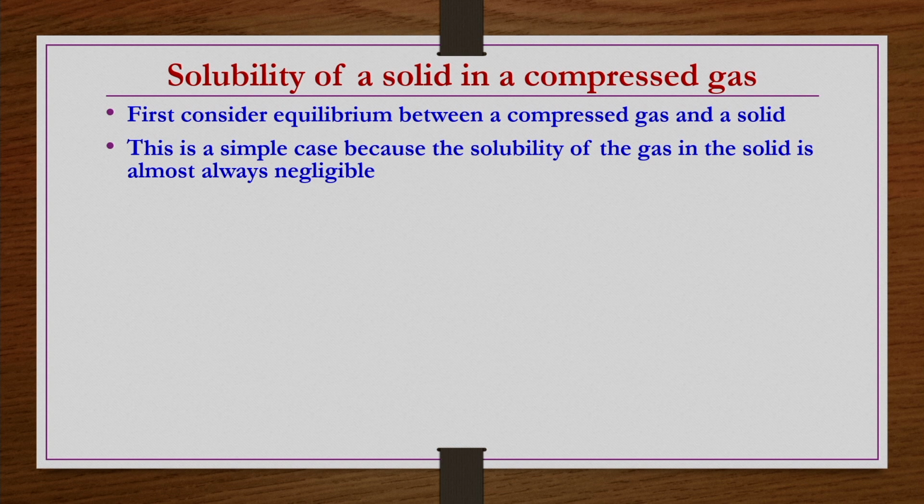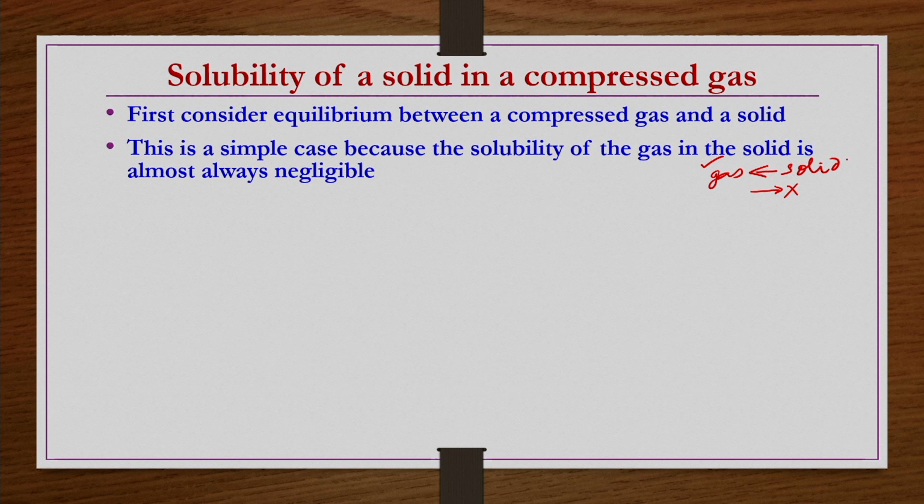So, that is the reason transfer is only one side, because now we have a gas and we have a solid. The solid is being dissolved into the gas phase because of the high pressure compressed gas conditions, that is possible, but the other way, the gas dissolving in the solid phase, is a very rare case. So transfer is more or less one directional, and that one directional transfer is going to cease at a certain point. So, there will be an equilibrium.